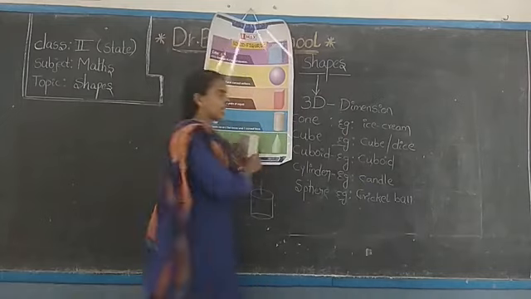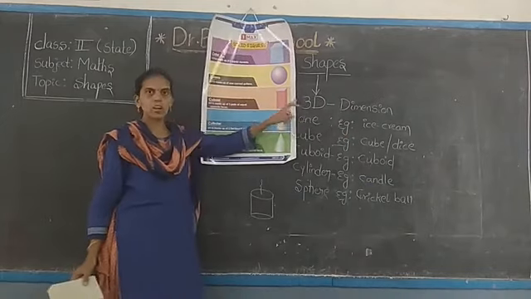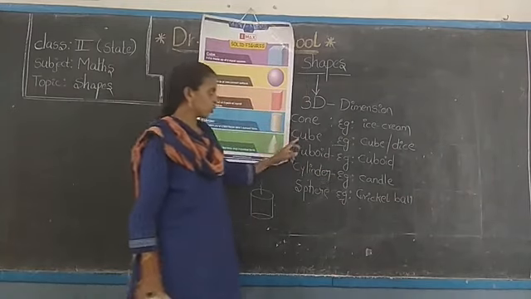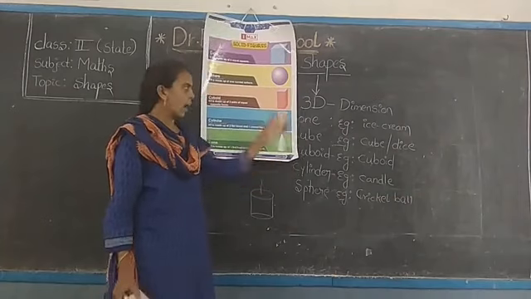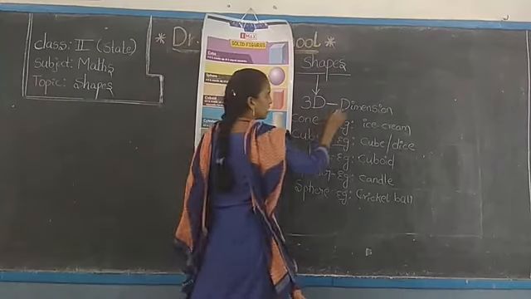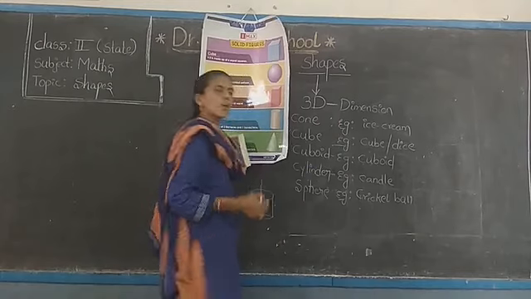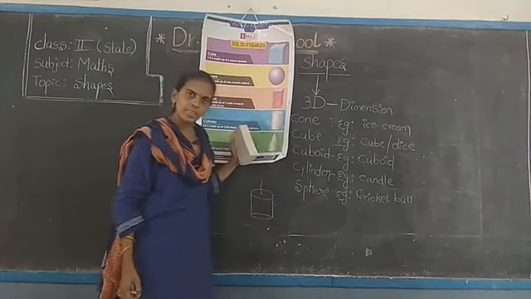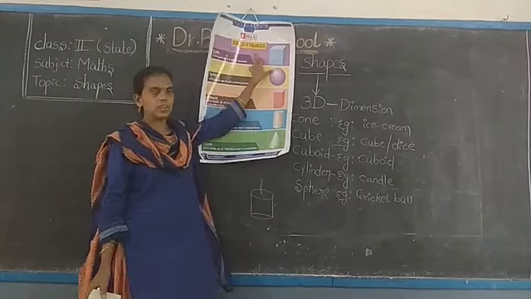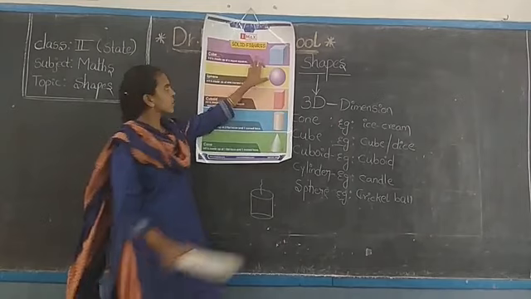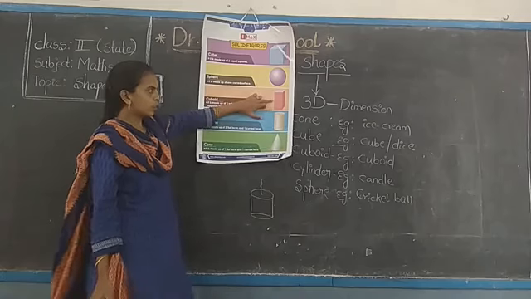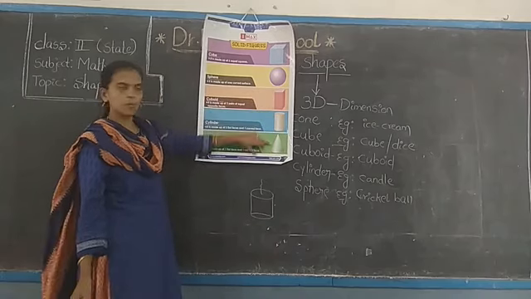So these are the examples of three-dimensional figures. Okay. So cone, cube, cuboid, cylinder and sphere are called three-dimensional figures. D is nothing but dimensions. What is the other name for 3D figures, children? Yes, that is solid figures. Solid figures. See here how the cube, sphere, cuboid, sorry, cylinder, cone look.